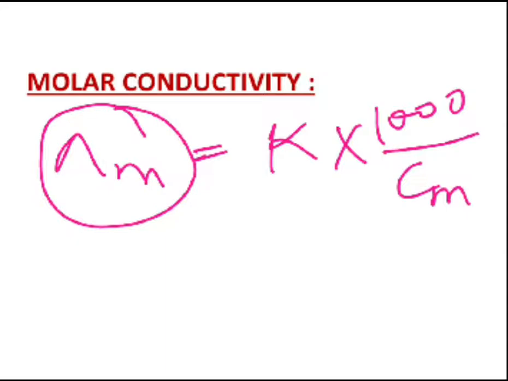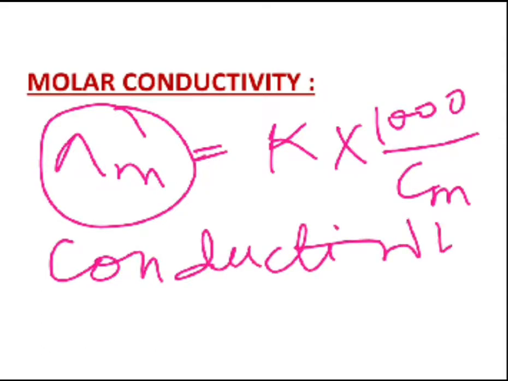Now, one more thing I'd like to specify here. If you want to be very particular, very accurate about the measurement of the conductance of the solution under study, then what you can do is, the solutions which you are preparing should be prepared in a specially purified water whose own conductance is very small. Such water is known as conductivity water. So it is always better to take help of this conductivity water for preparation of your solutions whenever you are performing an experimental procedure for finding out the conductance.